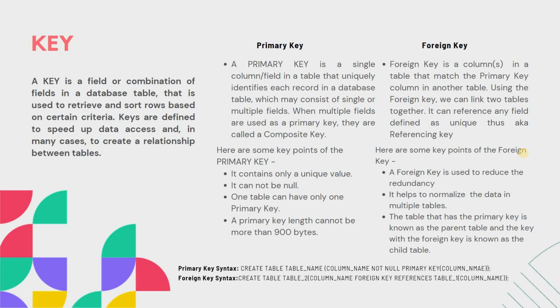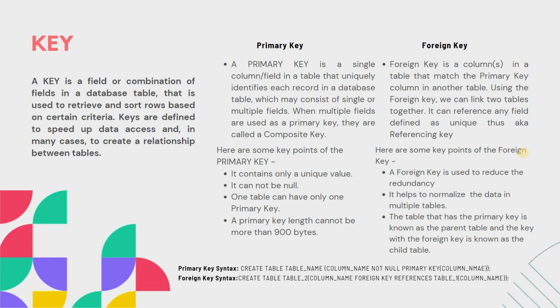A primary key is an attribute or a value that is used to uniquely identify tuples in a database. When multiple values are used as a primary key, it is called a composite key. To make a primary key, we must understand how it is defined. A primary key contains only a unique value. It cannot be null. One table can have only one primary key, and the length of a primary key cannot be